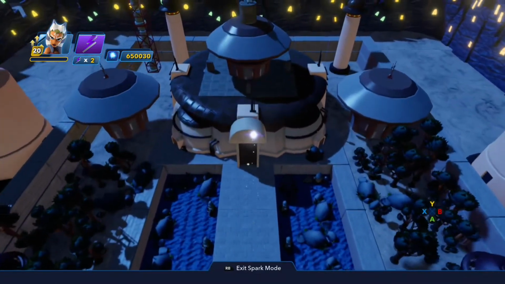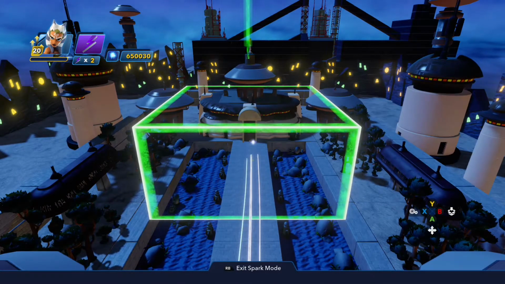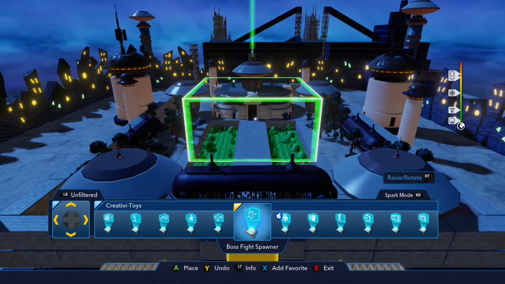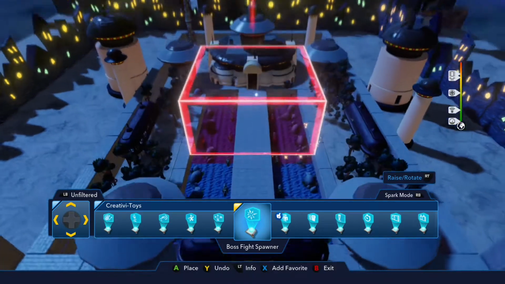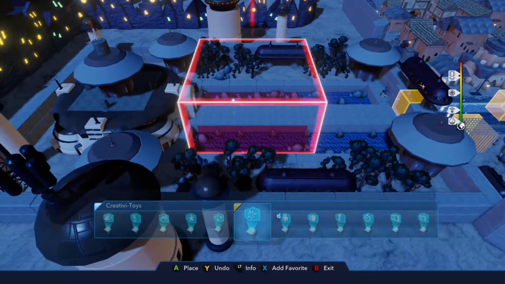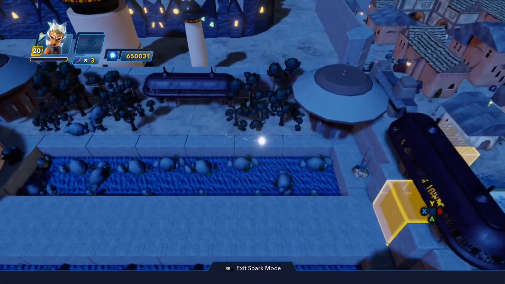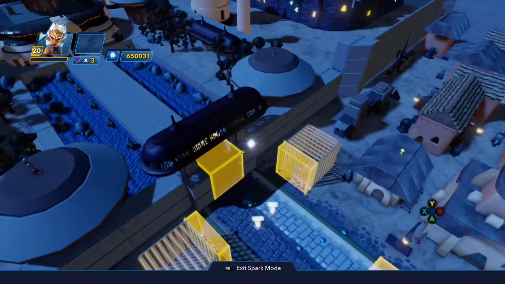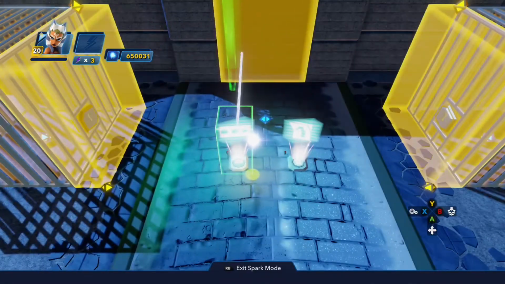Alright. So after the forest and town phases, we'll have our boss fight phase, which is the 3rd and final phase. So of course we'll need a boss fight spawner. And I set that to use Maul as my Magistrate. We'll need a